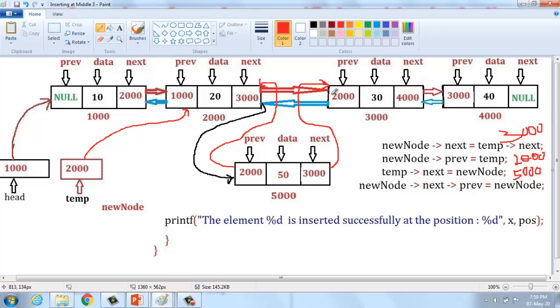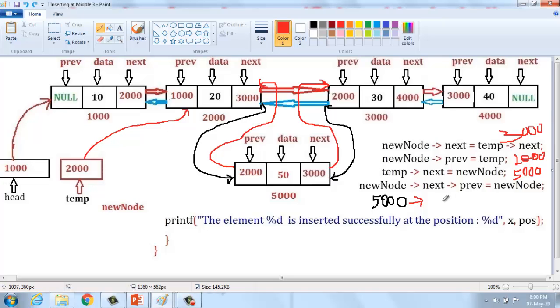And finally, this link should be made from the third node, that is the previously third node, to the new node. How can I create it? We cannot directly communicate with this node, so using the temporary pointer we can create it. What is new node? New node is 5000. And then 5000 next is nothing but 3000.